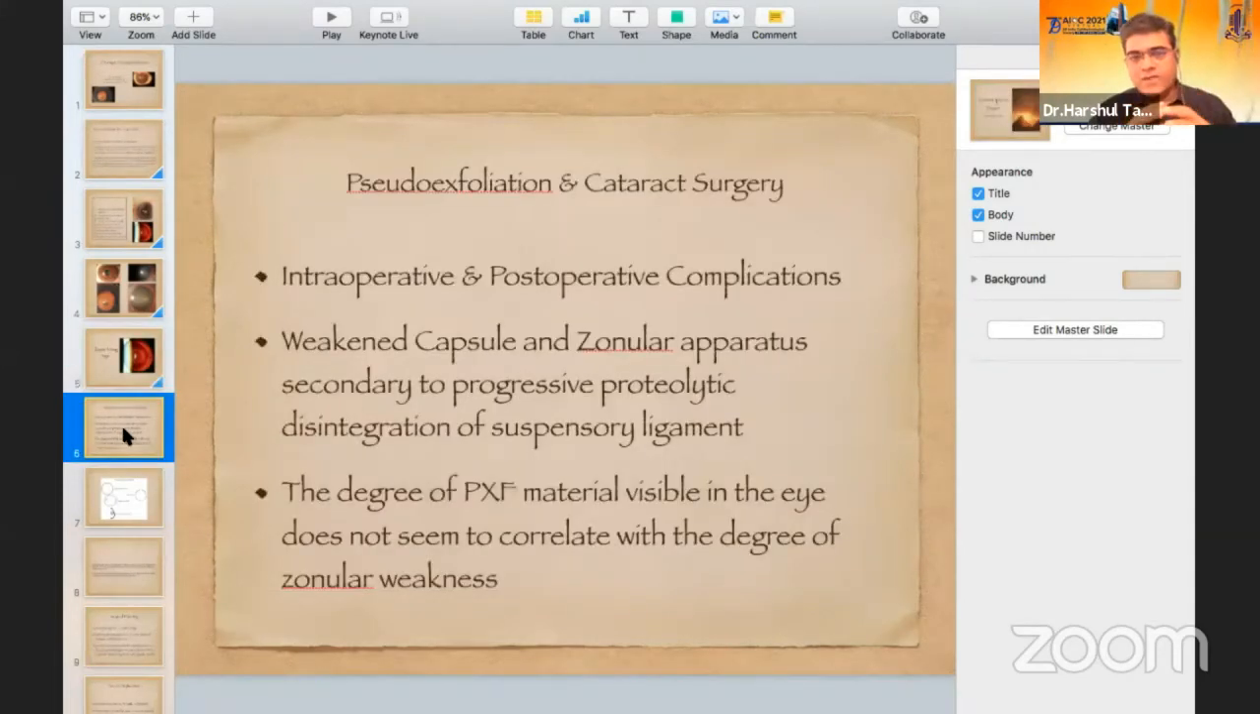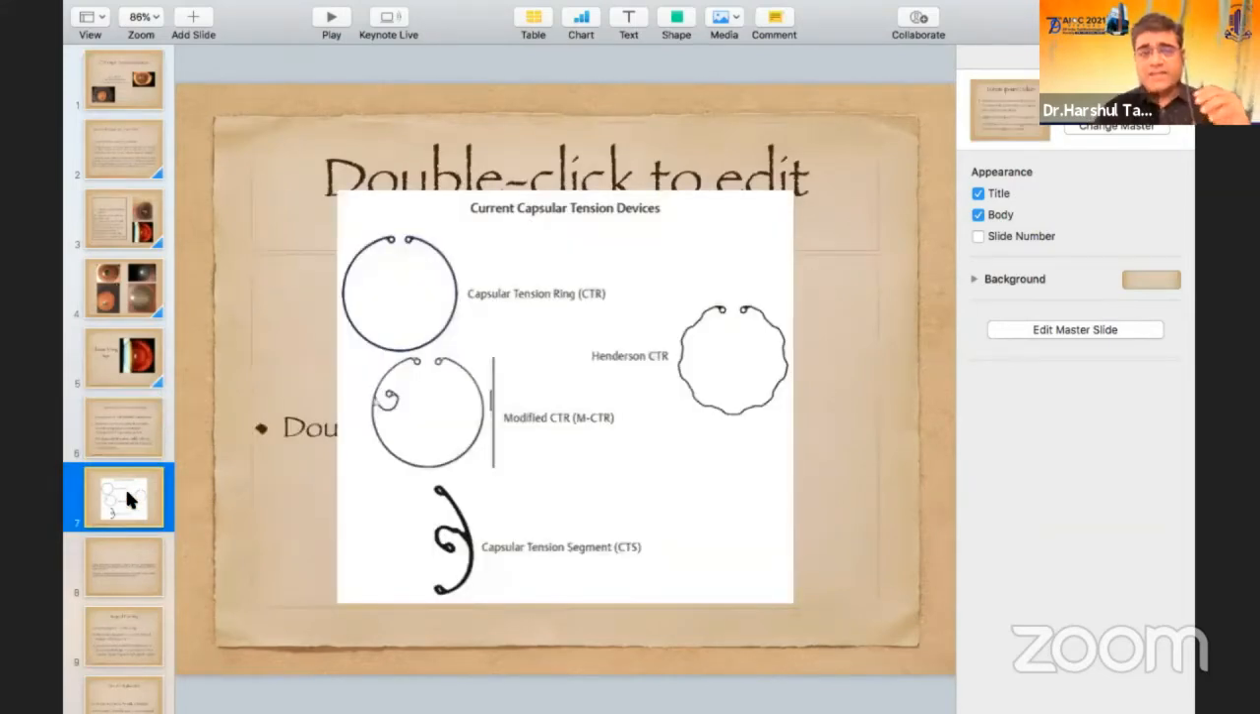So why does pseudoexfoliation affect cataract surgery? Because there may be intraoperative and postoperative complications. It basically weakens the capsule and zonular apparatus secondary to progressive proteolytic disintegration of the suspensory ligament of the lens. And most importantly, the degree of pseudoexfoliation material visible in the eye does not seem to correlate with the degree of zonular weakness. So these are the various capsular tension devices which may be required in cases of pseudoexfoliation,